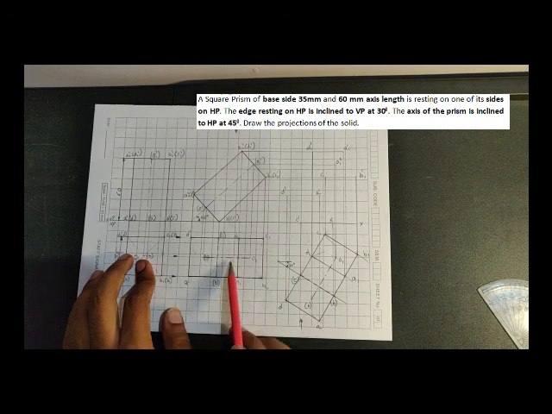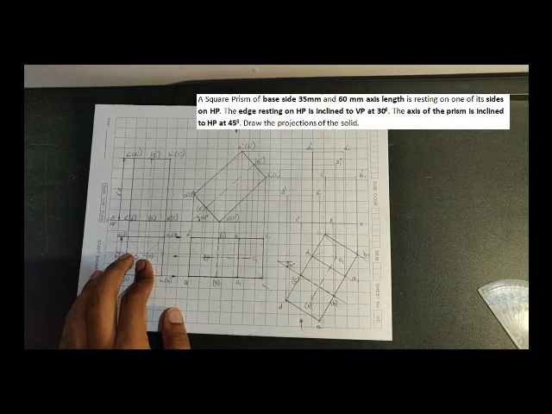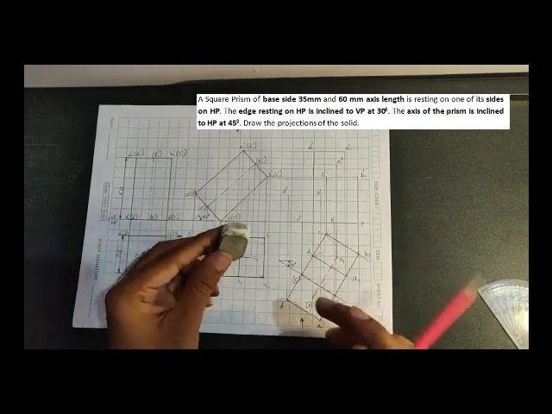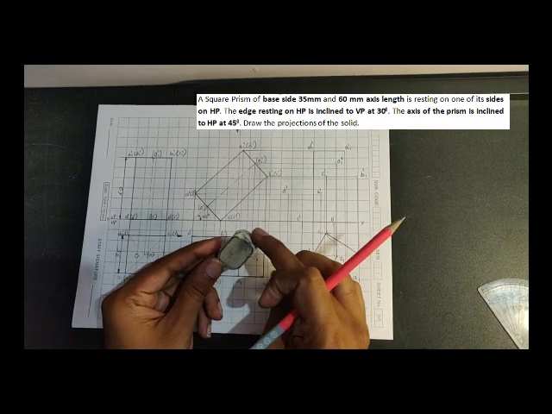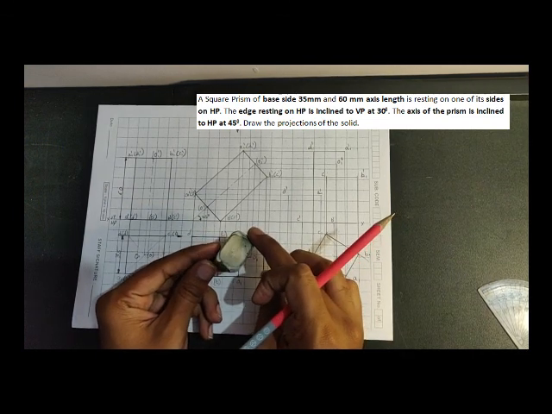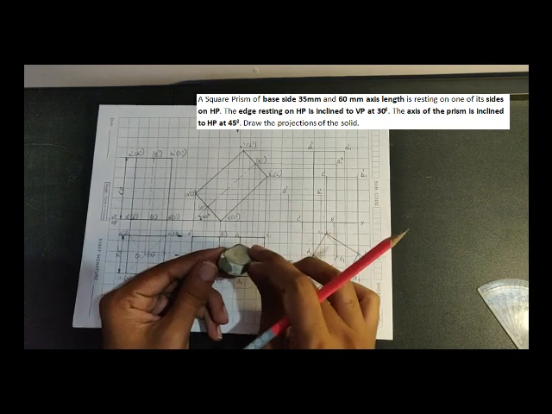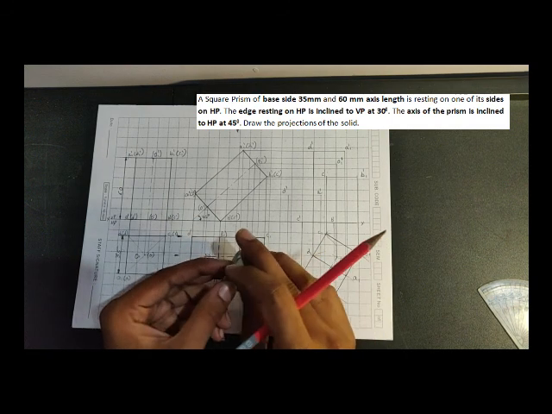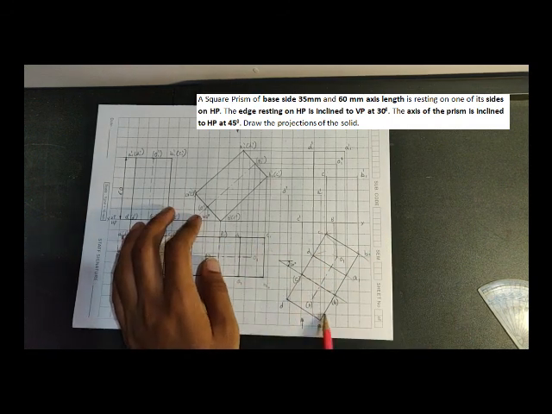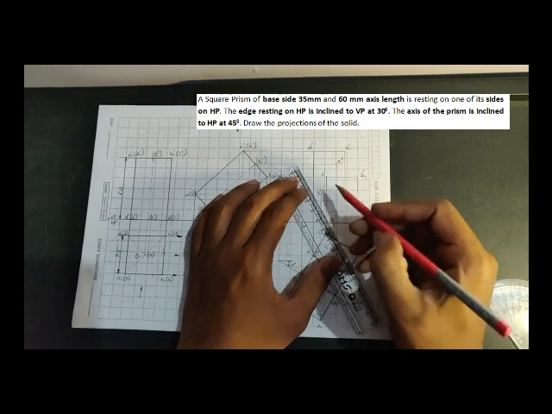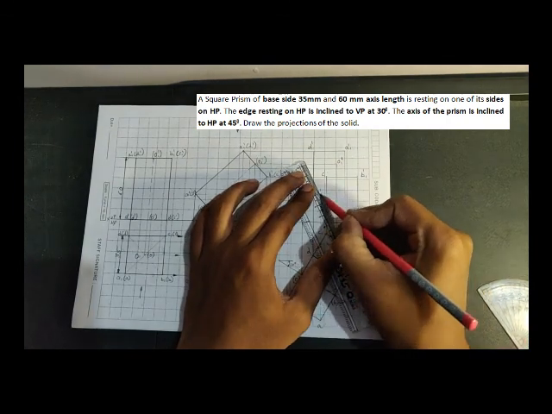So always I rotate in such a way that this bottom surface is completely nearer to the observer, okay? So you're rotating this in such a way that it is completely nearer to the observer. So if I see here, the bottom surface is completely visible. As you can see here, if I'm rotating this way, so if you are the observer, I'm rotating this way, correct? So when I'm rotating this way, what happens? The bottom surface is nearer to the observer. You can see this bottom surface. So that is what I've done here, right? So make this bottom surface completely visible. That's all. So first step is to do this, okay?